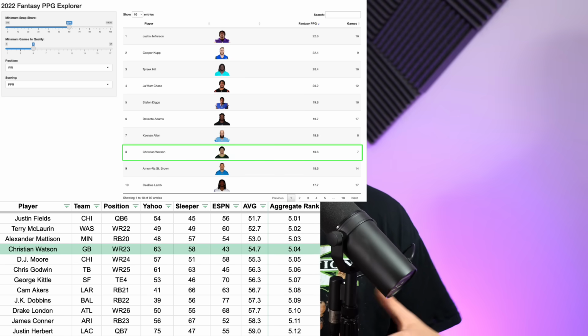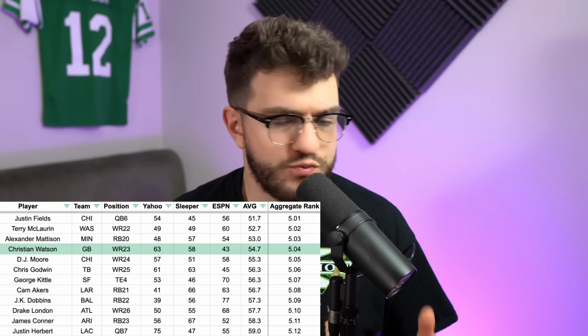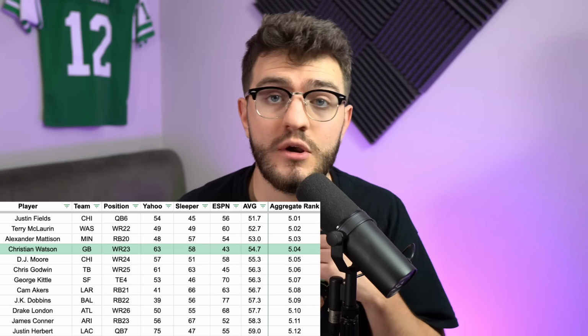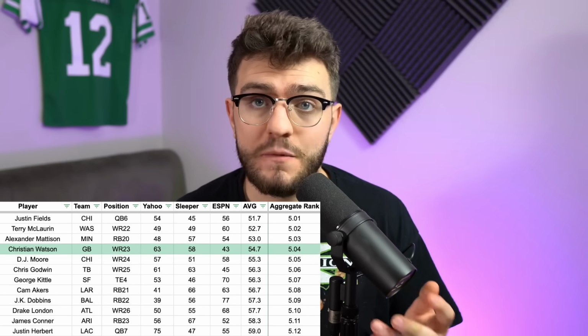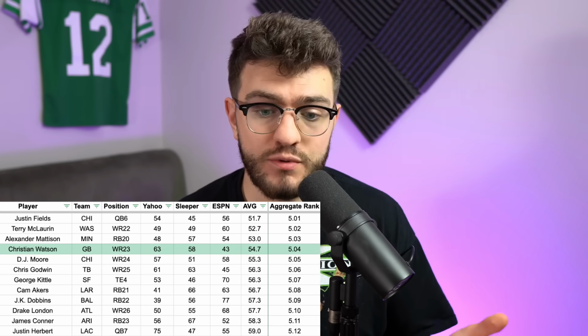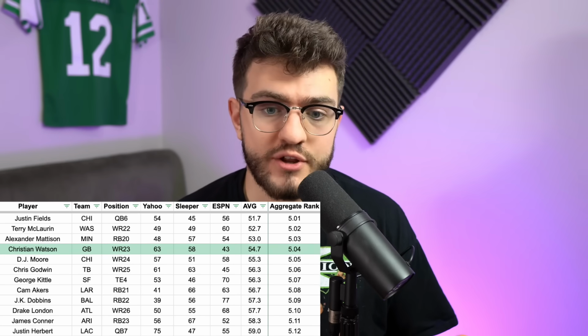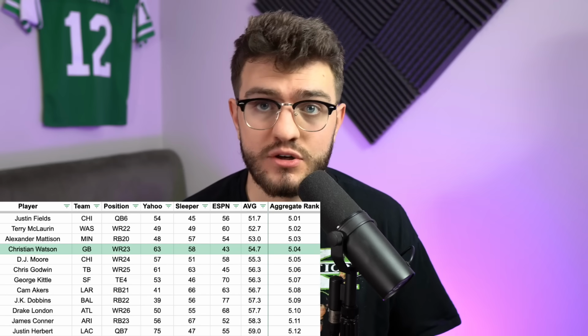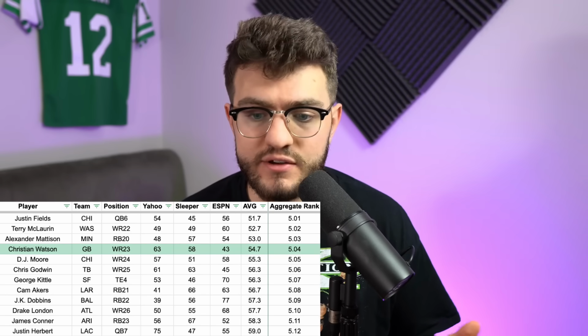Now, he was also, over the entire year on a per route basis, really dominant as well. He was the wide receiver 12 in targets per route run, the wide receiver 13 in yards per route run. Now, the only holdup for me is that he is in an offense with Jordan Love at QB, and we don't know what the post-Aaron Rodgers Packers look like. But in the 5th, 6th rounds here, especially in the 5th round, I'm all over Christian Watson. This is a guy who goes in the 4th round in a lot of high stakes and underdog leagues. To me, he's fine to take the swing on here.